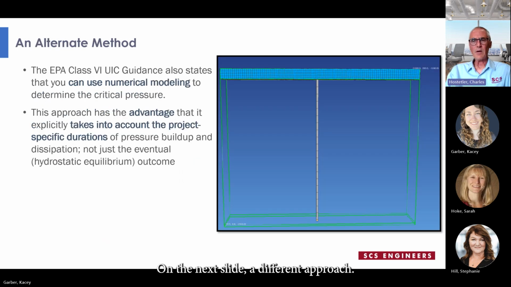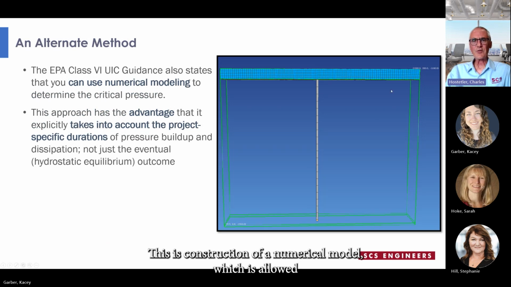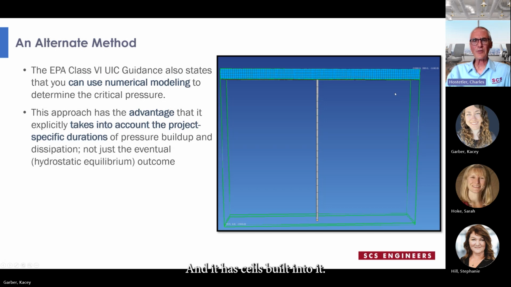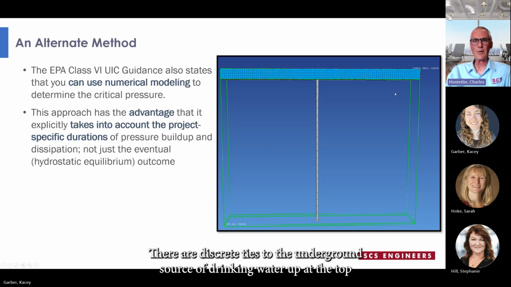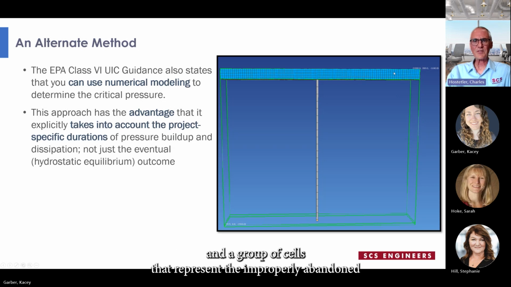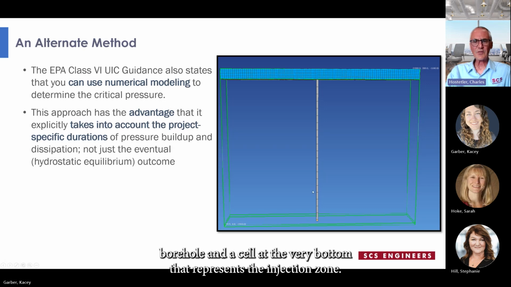On the next slide, a different approach, an alternate method, is illustrated. This is construction of a numerical model, which is allowed by the EPA Class 6 underground injection control guidance. And it has cells built into it that discretize the underground source of drinking water up at the top, a group of cells that represent the improperly abandoned borehole, and a cell at the very bottom that represents the injection zone. And what we're going to do is apply pressure at the very bottom, and we're